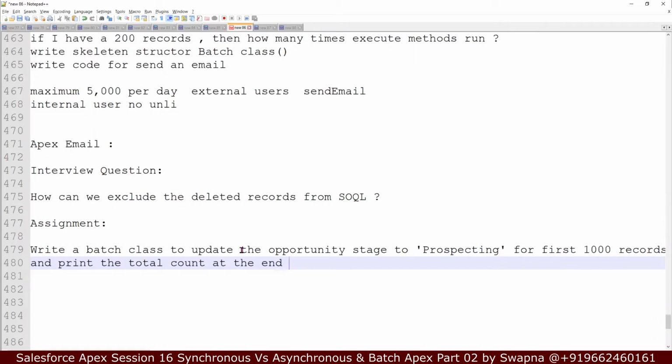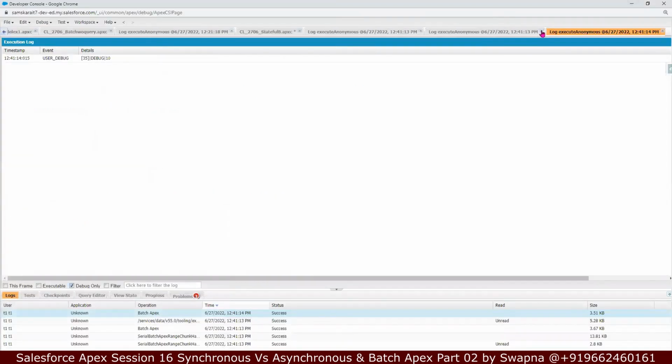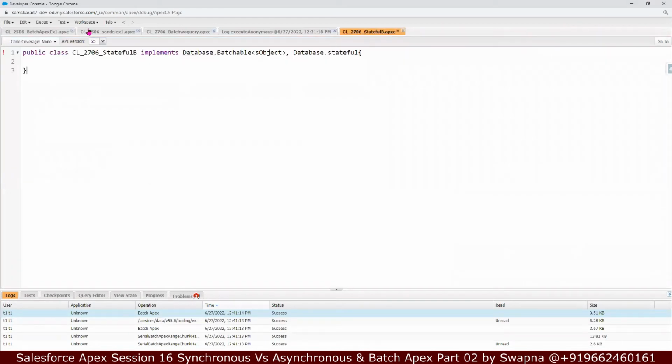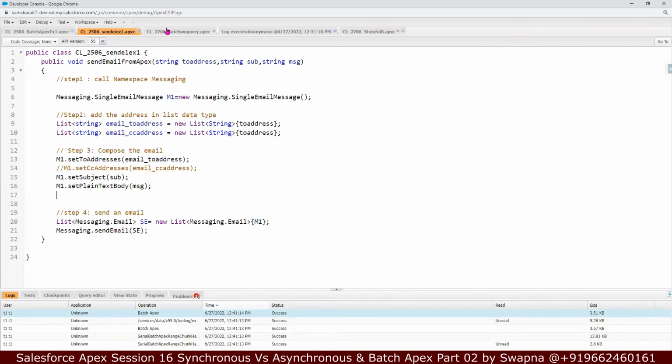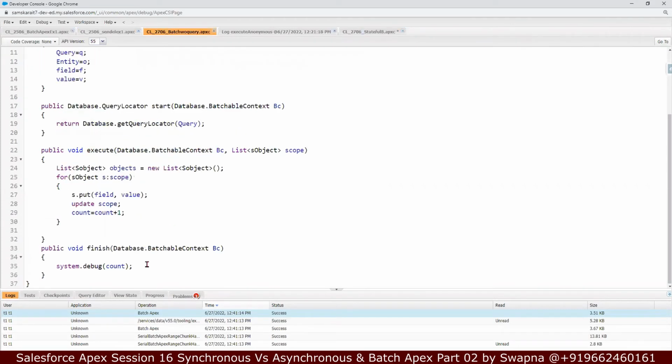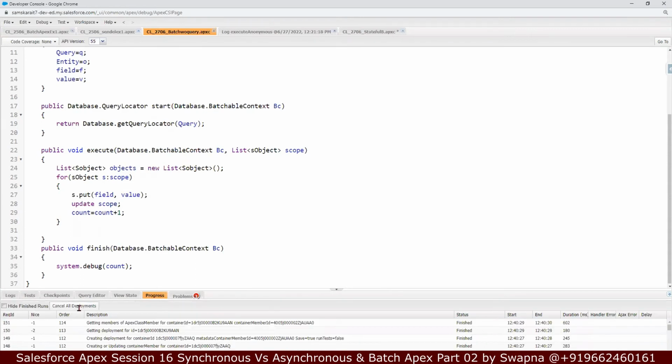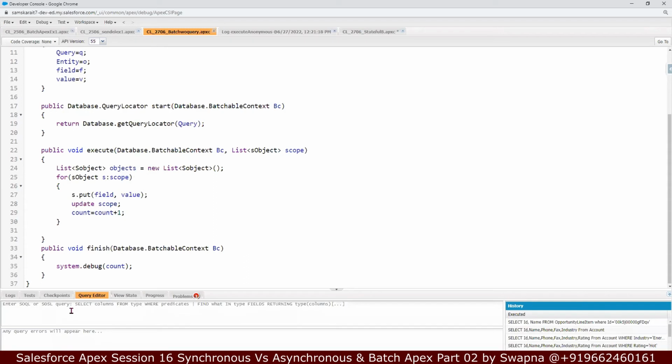Yes, Swapna. Now, whenever we are running the batch class, where is the data going to be stored? For example, after executing my batch class, I wanted to know in the finish method, what is the status of the job? How do you get it using a query? We have a query on something called AsyncApexJob. So that is select status,